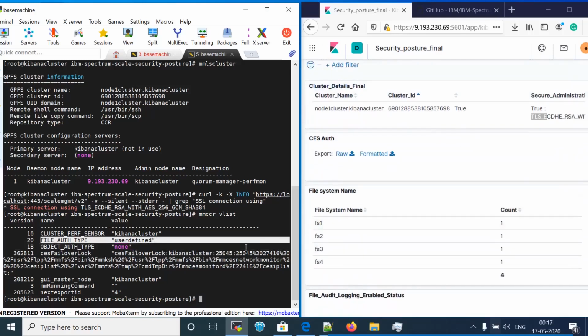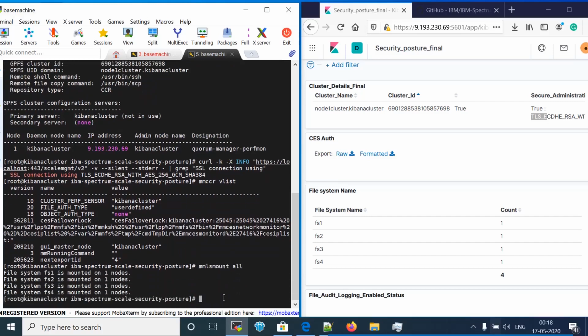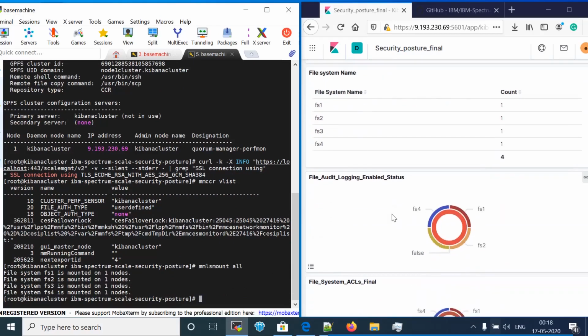Now in the next, we can see all the file systems that are mounted. So we can get it by using mmlsmount all. So as we can see, there are 4 file systems mounted. So earlier, if we had to check all the information, we had to use the command line. And now in the next step, we will see if the audit logging is enabled on all the file systems that are mounted. So we can use